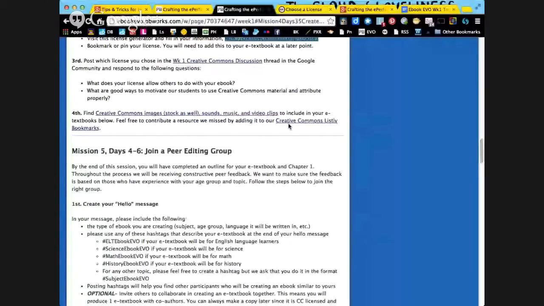The other thing you may want to do is look at the Creative Commons image stocks, video, and music. If you plan on having images and want to use free images in your Creative Commons ebook, these are places you can get free images. But if you're doing that, it is really important that you have a Creative Commons license that allows sharing and